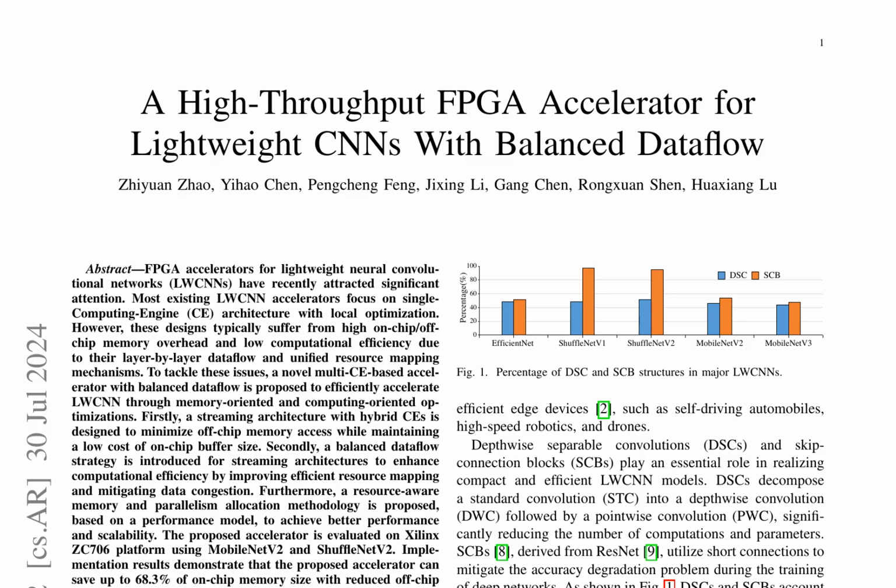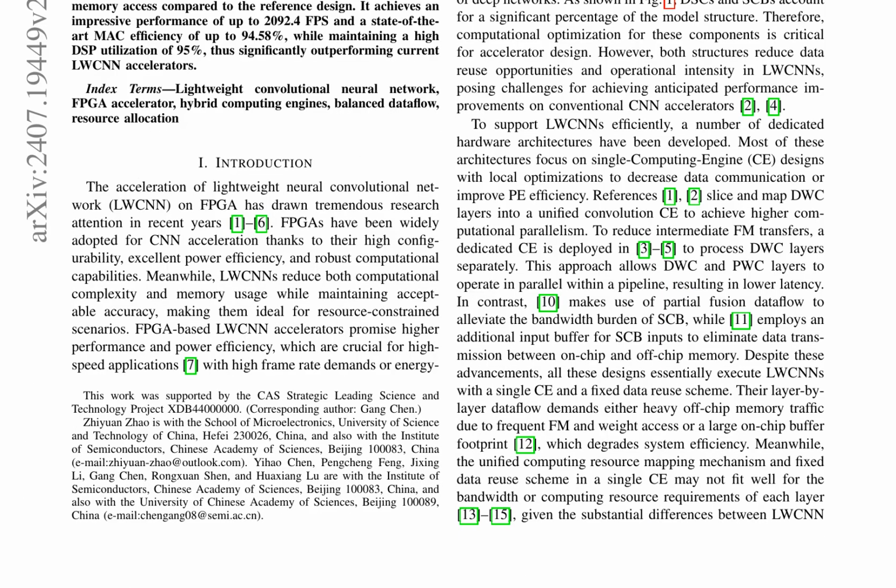The paper discusses a novel multi-computing engine (CE)-based FPGA accelerator for lightweight convolutional neural networks (LWCNNs) with balanced data flow. It aims to tackle issues such as high on-chip and off-chip memory overhead and low computational efficiency in existing LWCNN accelerators. The proposed accelerator uses a streaming architecture with hybrid CEs, which minimizes off-chip memory access while maintaining a low cost